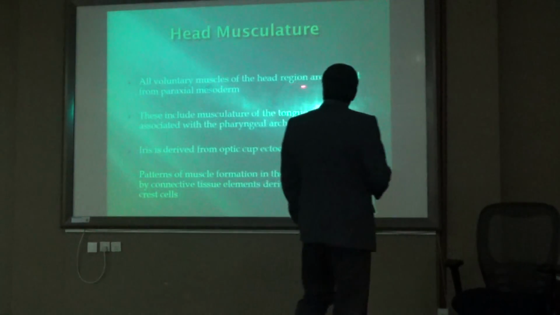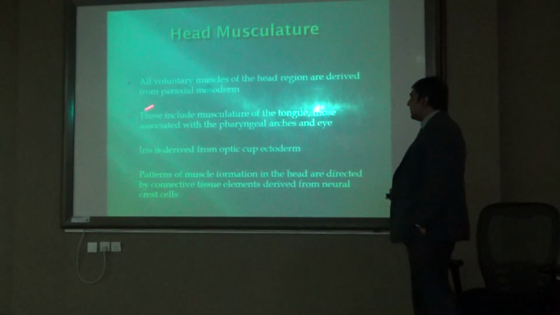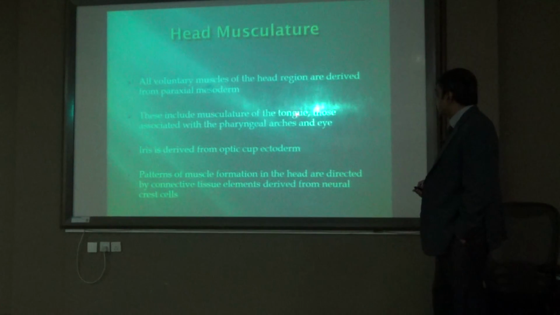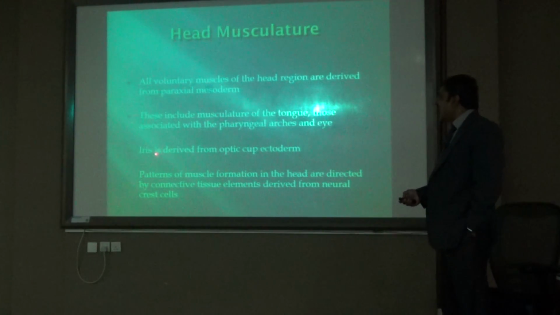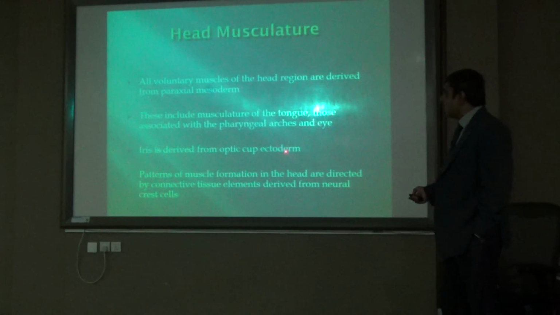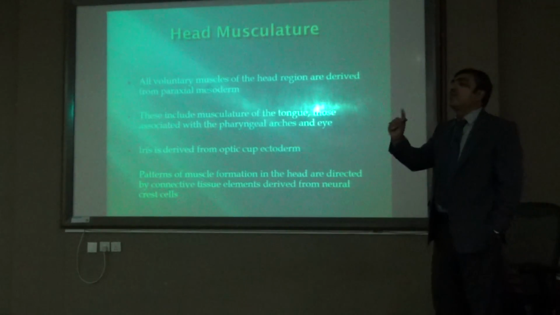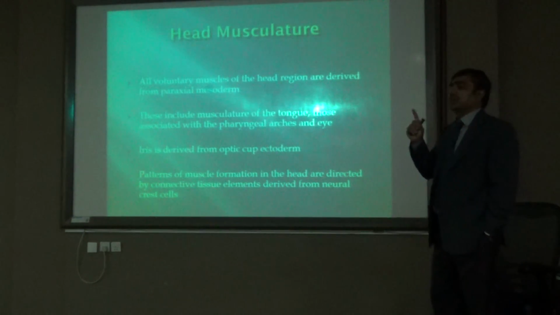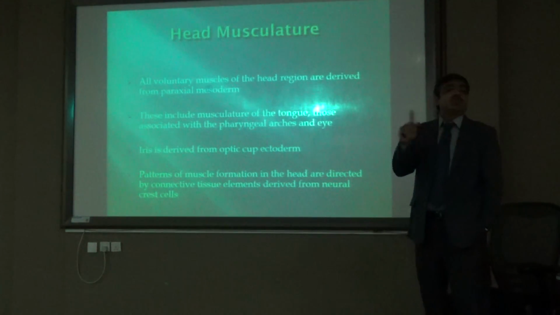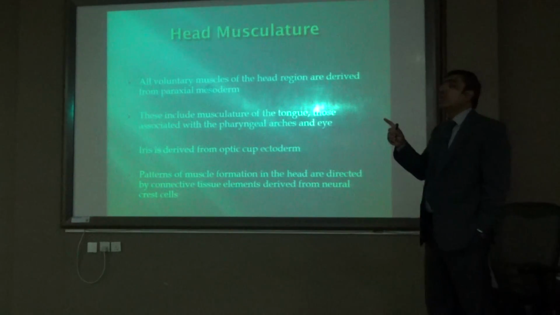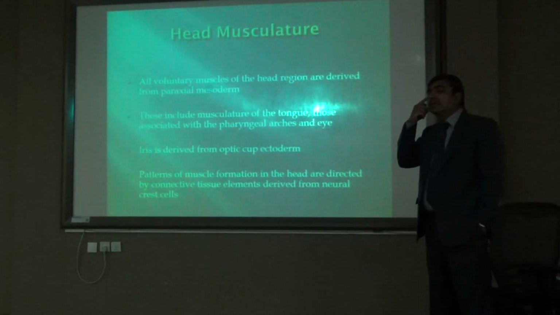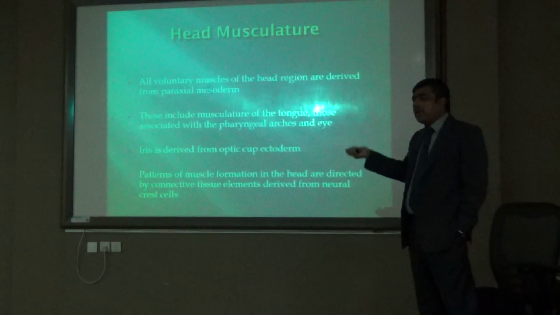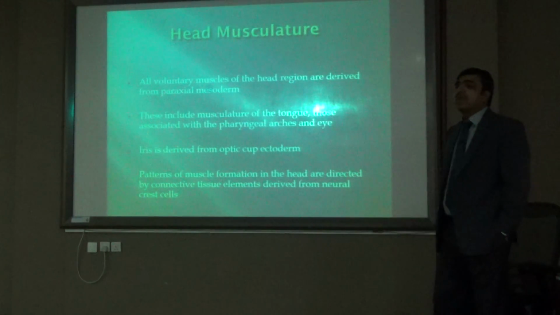All voluntary muscles of the head region are derived from paraxial mesoderm. These include musculature of the tongue, as well as those associated with the pharyngeal arches and the eye. Iris is derived from optic cup ectoderm. As I told you, a few muscles are exceptions. They are not derived from the mesoderm. As I told you, some muscles in the eye, like the iris, are derived from the ectoderm,